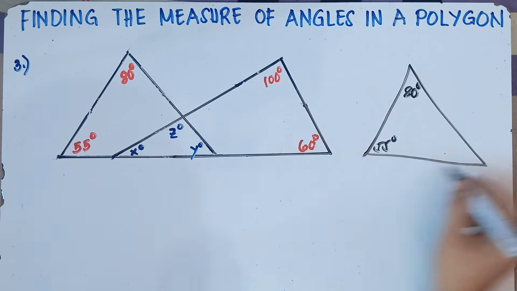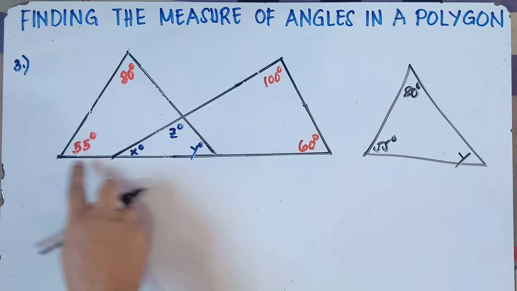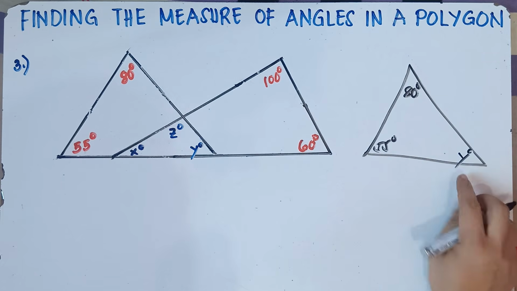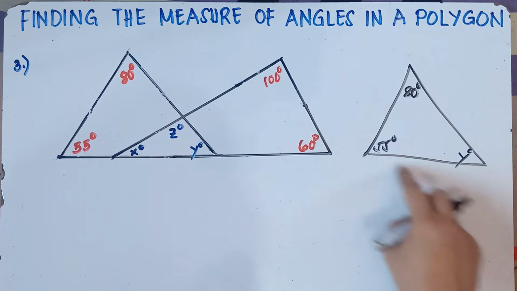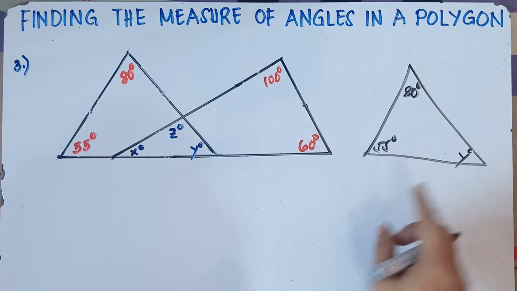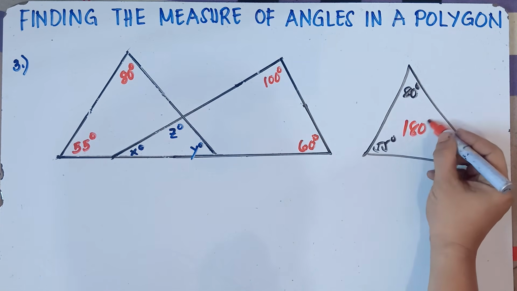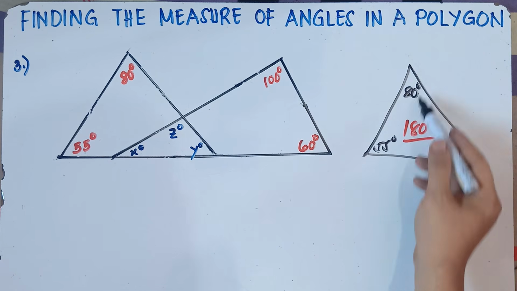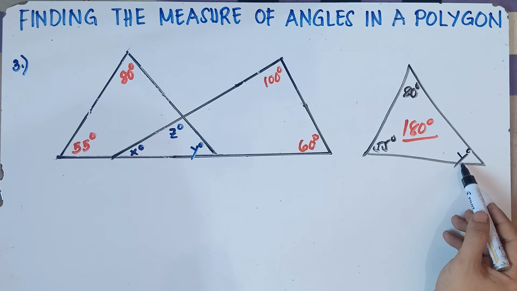And then this is Y, right? This one right here, class. I hope you see this one, class. This triangle, class, will be 55, 80, and then Y degrees. We can find this angle, class, because we know that the sum of interior angles in a triangle is always 180 degrees. We already explained that one, class, a while ago in the first example. We can just simply add this up and then subtract it from 180. This will be the measure of this angle.